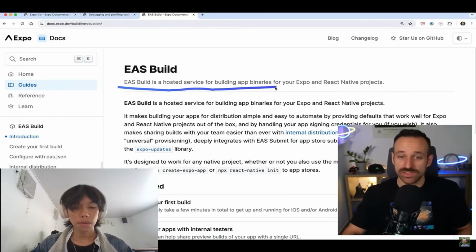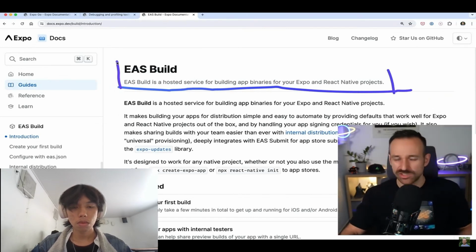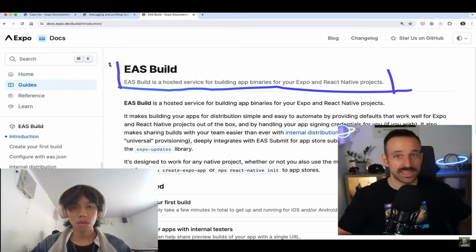So EAS Build is a hosted service for building app binaries for your Expo React Native project. The first time I got in contact with Expo and looked up how to build stuff, I quickly got into EAS and then local builds of EAS, and everything looked so confusing. So that's why I wanted to show you all the other things of Expo Go and prebuild and what you